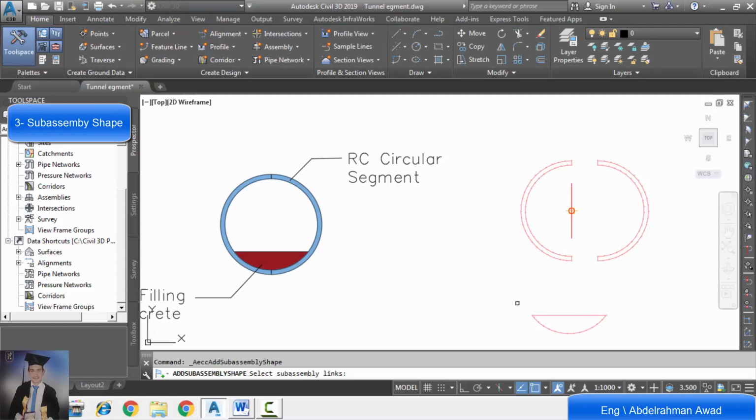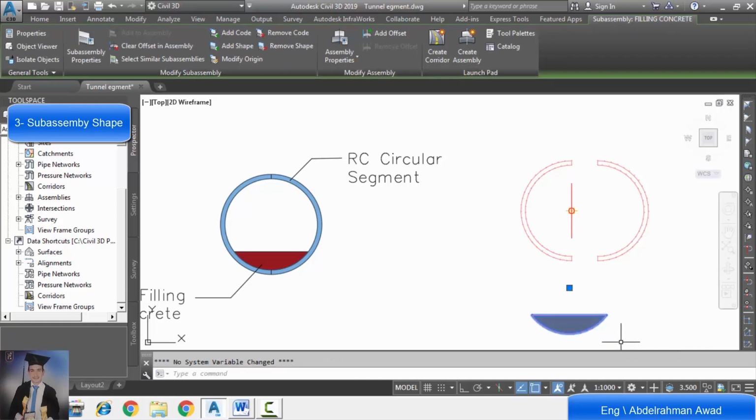The program wants us to select sub-assembly links, so we will select all sub-assembly links with a closed window. So we select all sub-assembly links. After that we click enter to add a shape for filling concrete. Now we finished from adding a shape for filling concrete.